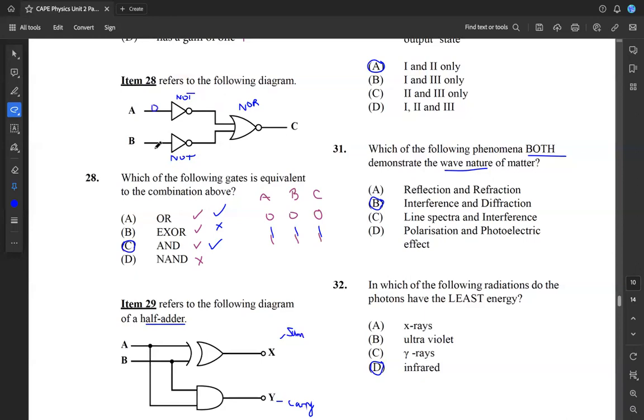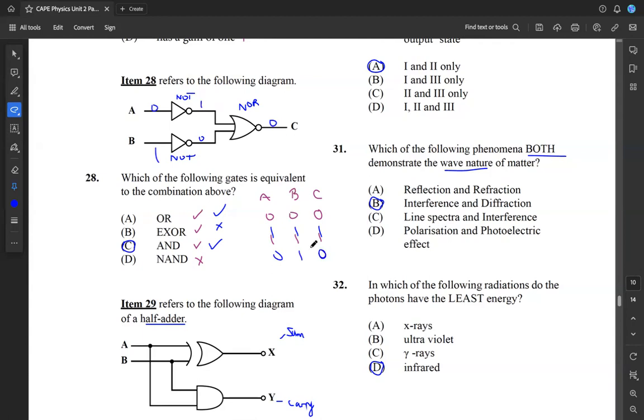So we do 0, 1, right? Inverting, so it's gonna put it to 1. This is inverting, so it's gonna put it to 0. And 1 and 0 at the OR gate would ordinarily be 1, but because it's a NOR gate, it's gonna be 0. So if we have 0, 1, 0,